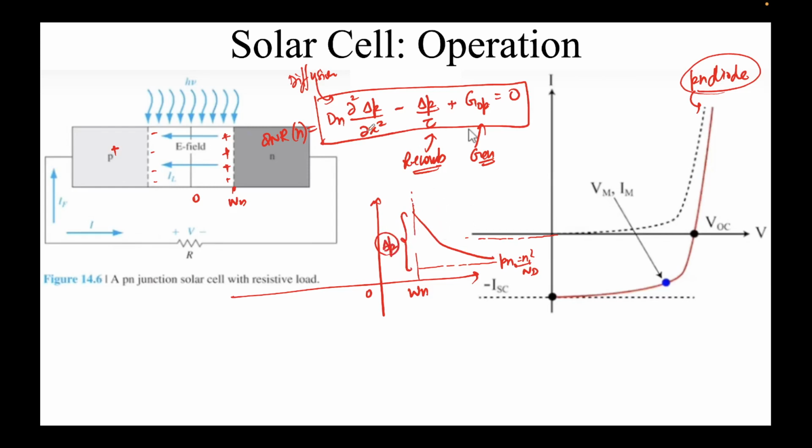So this is the diffusion, because they're excess holes. Where did they come from? How did they appear here? They appeared because we are shining light, as simple as that. That's the reason they are here. When they reach here, they'll recombine. They'll have some specific lifetime. And then we have the optical generation that is happening. Okay, if we try to solve this expression with appropriate boundary conditions, what we get is that the